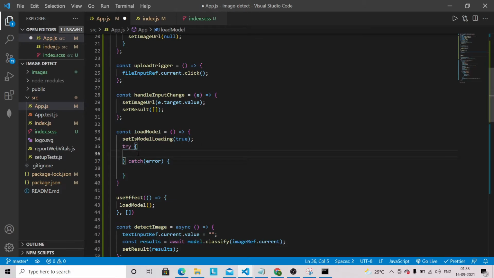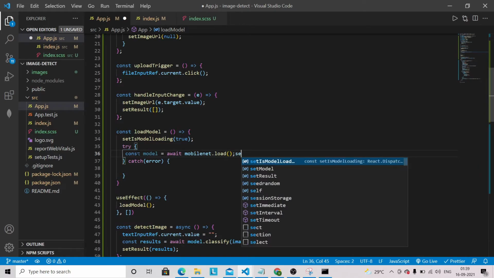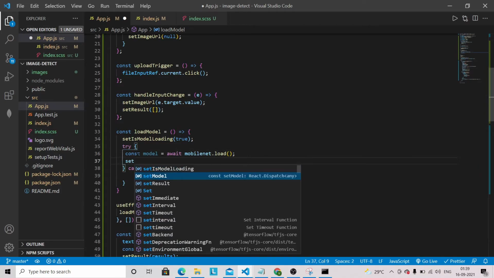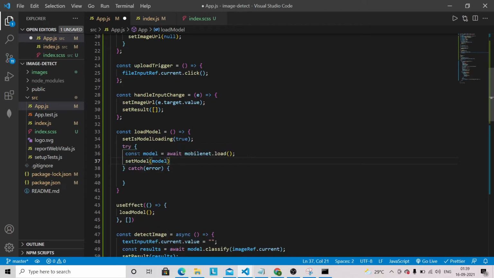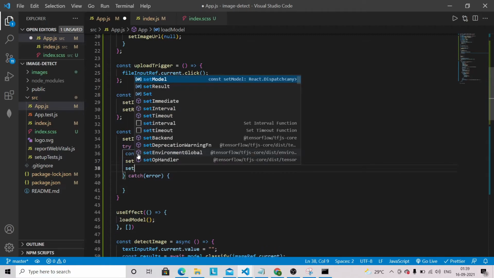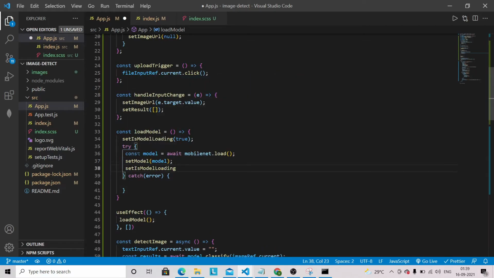So inside this try method, we are going to have const model equal to await mobilenet.load, and we are going to set the model, and then set is model loading false.